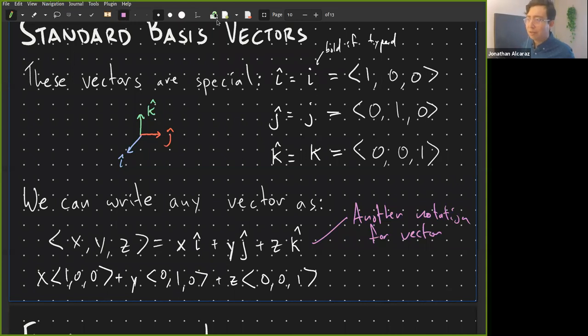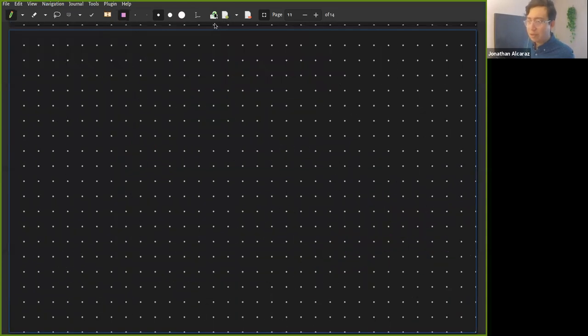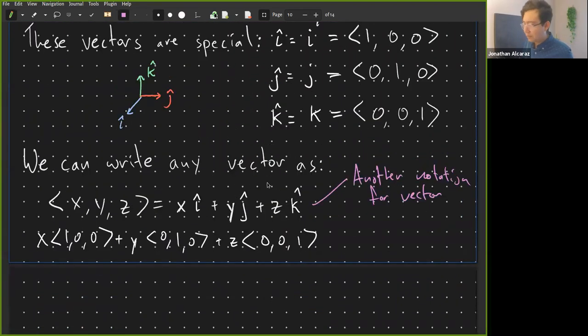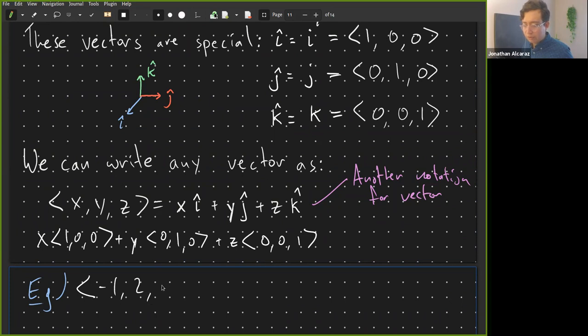So maybe I'll do this as a little example. I'll try to leave some space here so you can still see and jot things down. As a little example here, if I have the vector -1, 2, -8, I can write this as -i plus 2j